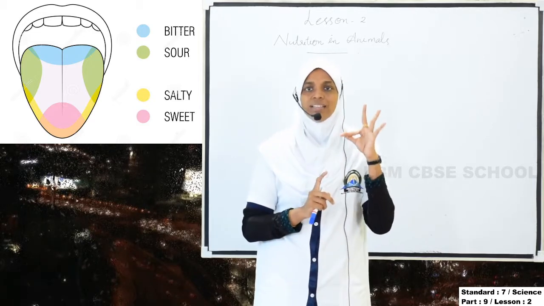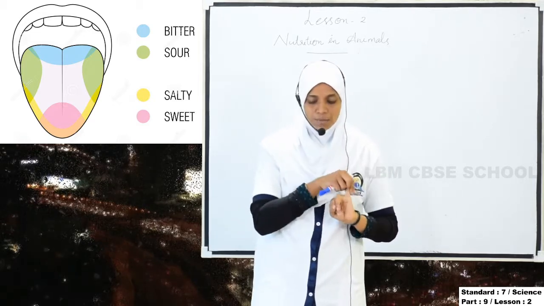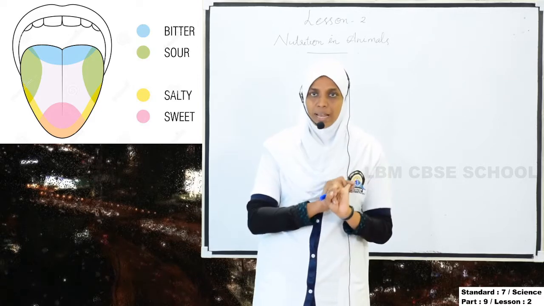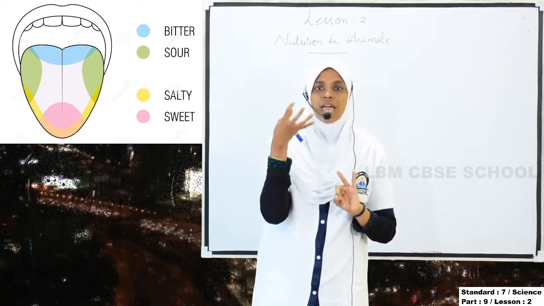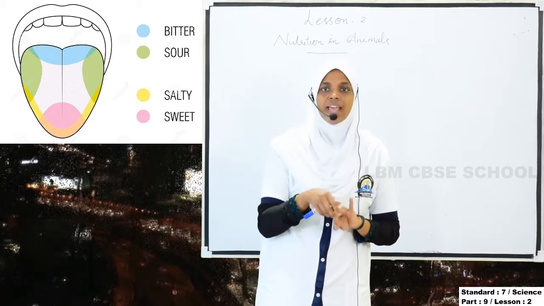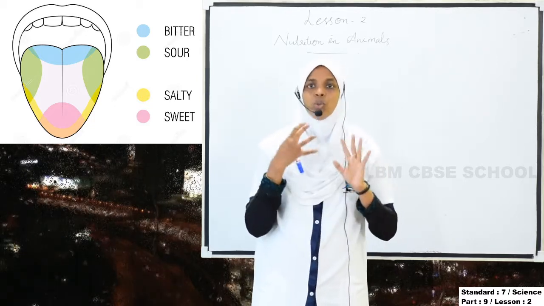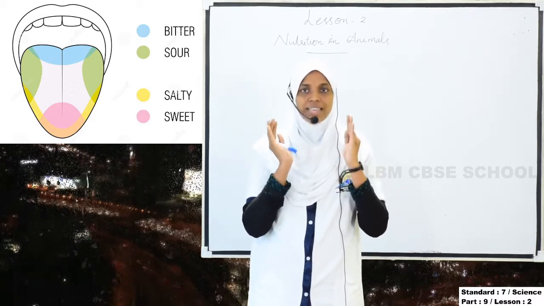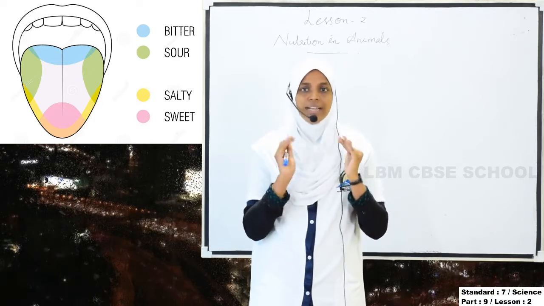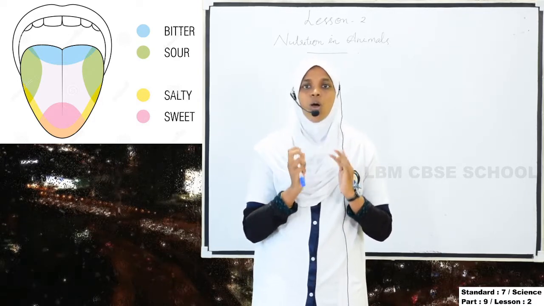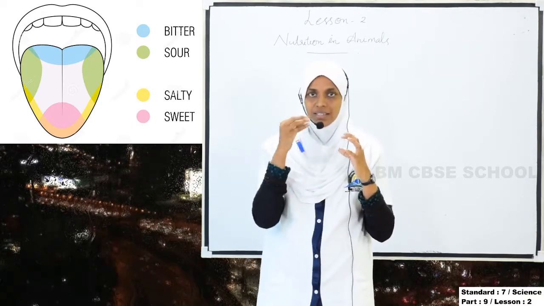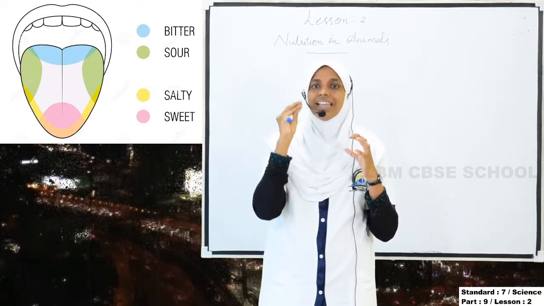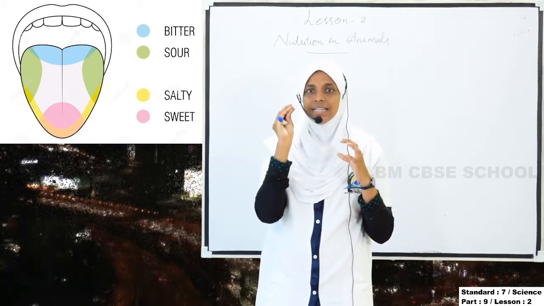So what are the three uses of the tongue? It helps in talking. Then what is the second use? It helps to swallow the food. Then the third one is what? To taste the food. ഈ tongue help ചെയ്യുന്നു. Okay, so there are certain taste buds present in the tongue. At the surface of the tongue we can see certain taste buds.